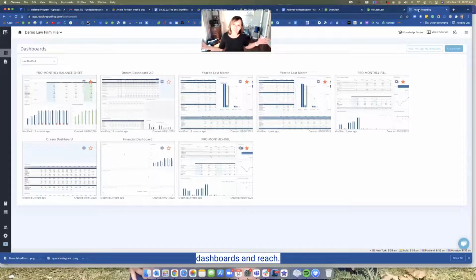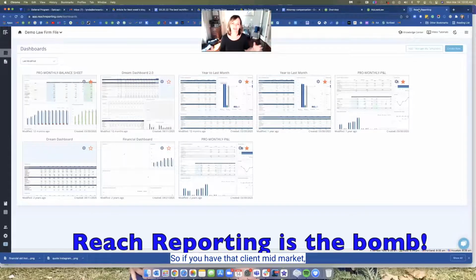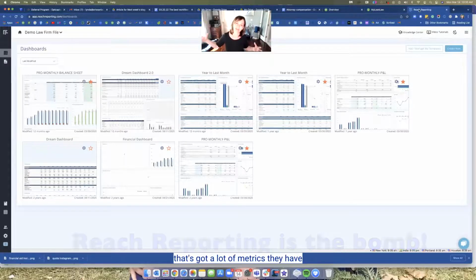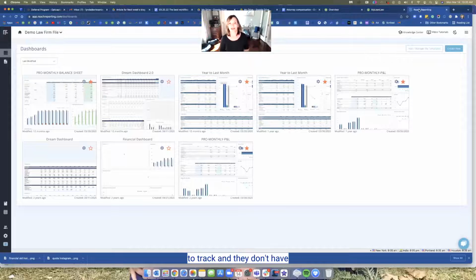Last stop, dashboards and Reach. So if you have that client mid-market that's got a lot of metrics they have to track, and they don't have a lot of ability to do what we needed to do inside of QuickBooks, Fathom, or inside of LeanLaw, because there's reports in LeanLaw as well as reports in QuickBooks. But if we're not seeing that whole picture and we have some complex compensation that maybe doesn't fit any of these models because there's a what if here and a what if there, we have the ability to create these